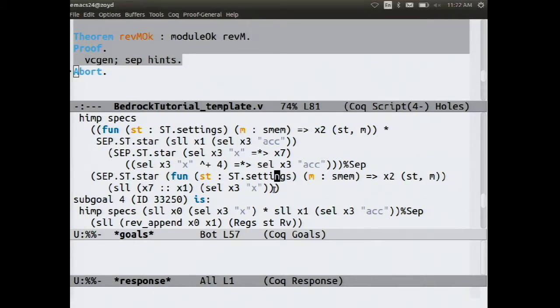On the left-hand side, we seem to be in luck because the pointer points to data value x7. Good, we needed x7 right here, and the memory location 4 bytes after the head pointer points to the accumulator, and then the accumulator continues with the list x1. Good, that's what we needed next.